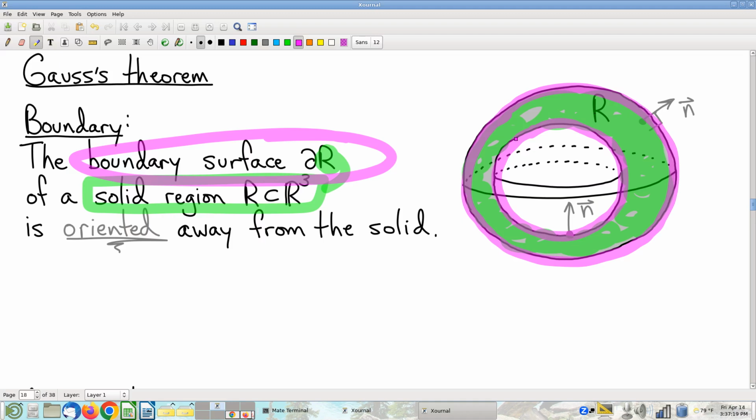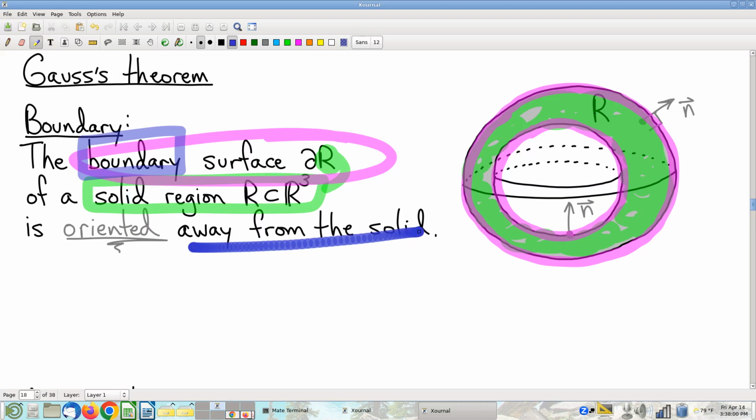Okay, so question. When we say boundary, with the understanding that boundary has to give us an orientation, we're going to be computing oriented quantities on this boundary. What is the orientation on the boundary of a three-dimensional solid? Again, the answer is going to be arbitrary. You might say it was arbitrary 150 years ago when these ideas first started getting tossed around. But at this point, the convention is highly standard. So yes, it was arbitrary, but at this point it's a standard, and we have to stick with the standard. Here's the standard: